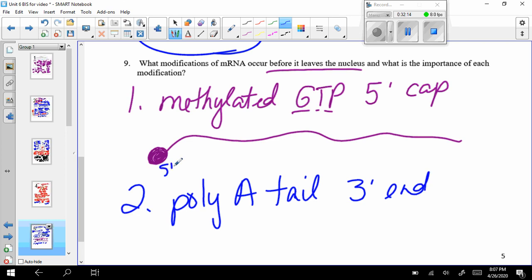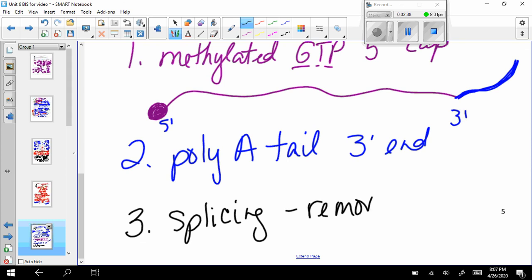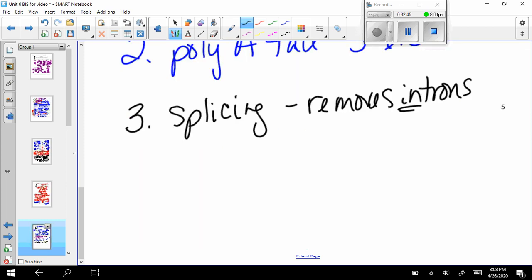So here's 5', here's 3'. You add on A's. We only added like 6 of them to ours, but in reality, you could add like 100 A's to the end of it. And that is its protection on that end. And then the third step, really, really important, is called splicing. And splicing removes the introns. I always say introns are in the way, so you got to get them out. And this is done by a spliceosome